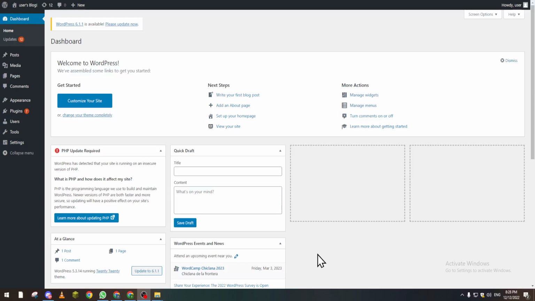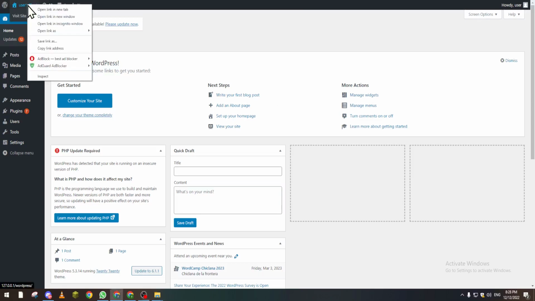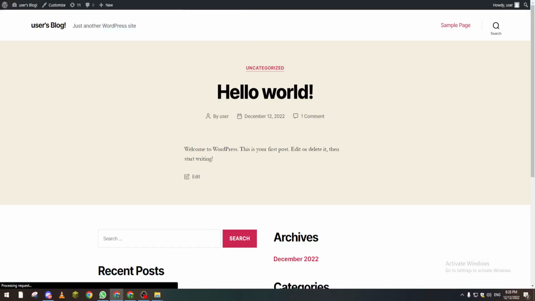And for those who have their account already, make sure to open it and go to your dashboard. So now let's go ahead and open our website just by clicking on here. So that's how our website looks like, something really simple. What you have to do is click on customize from here,